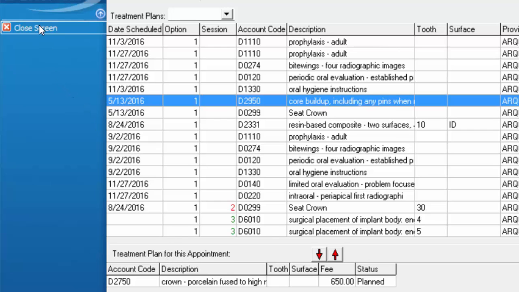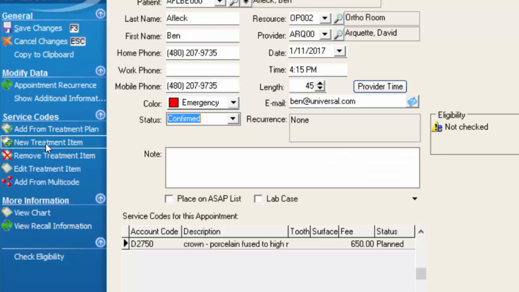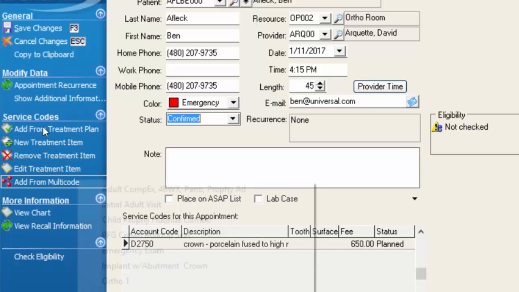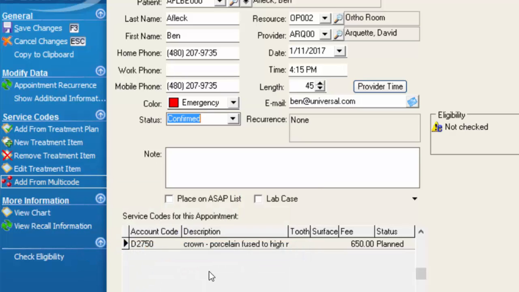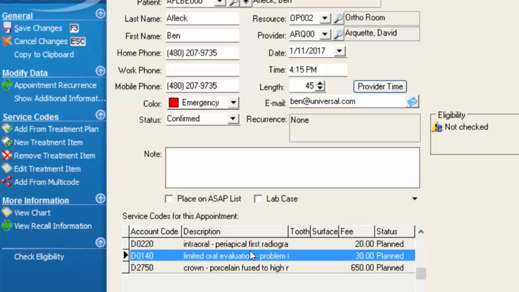we're scheduling. We could add new items one at a time through our New Treatment Item button, or we can schedule the procedures from a multi-code, which is a combination of different procedures that you can create and customize in the system. I'm going to go ahead and choose Emergency Exam, which is going to schedule a limited exam and